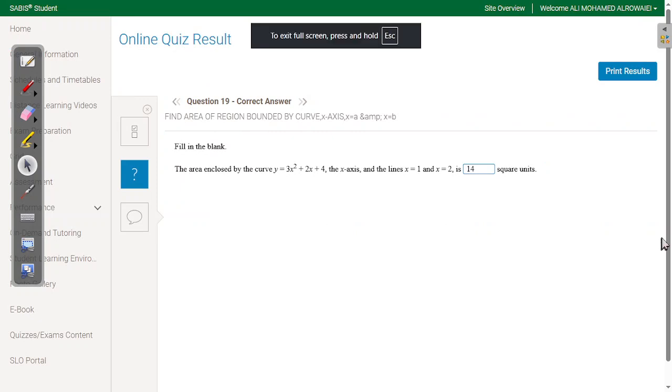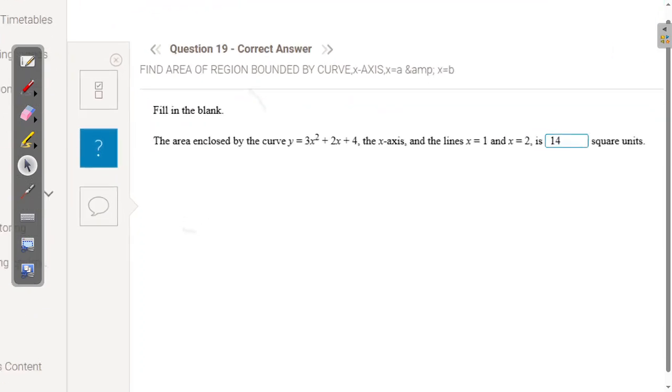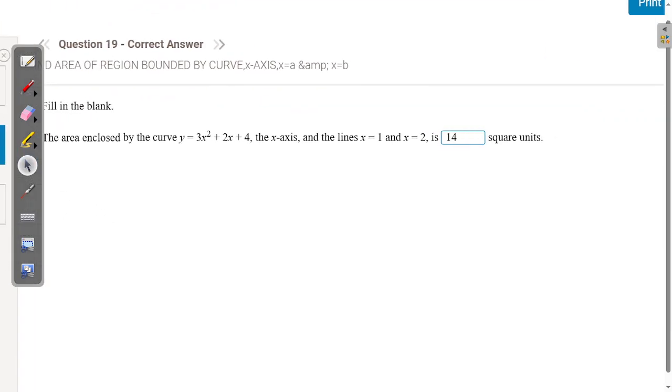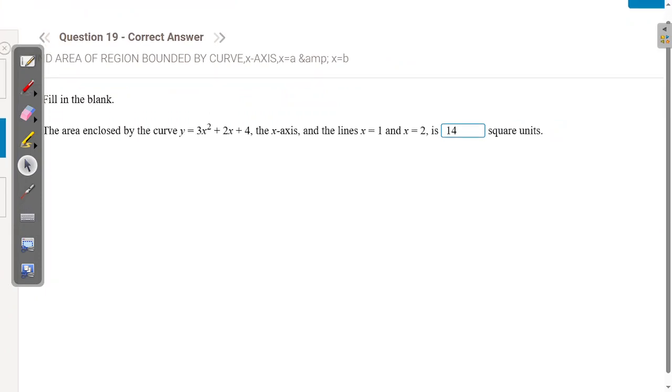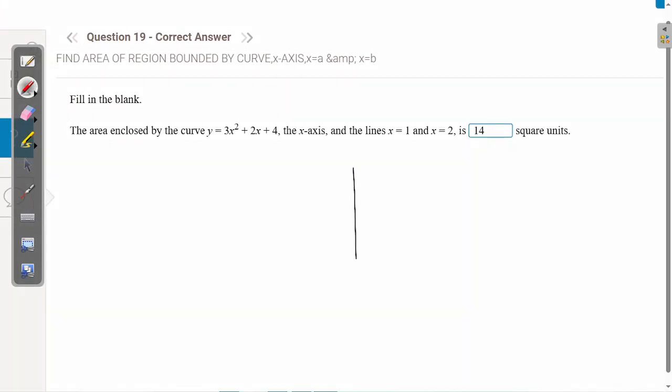Okay, the area enclosed by the curve y equals 3x squared plus 2x plus 4, the x-axis and the lines x equals 1 and x equals 2 is 14 is what? Okay. First of all, let's graph this curve so we know what it looks like. Okay, first of all, it's quadratic and a is positive, so it will be upward. So let's find